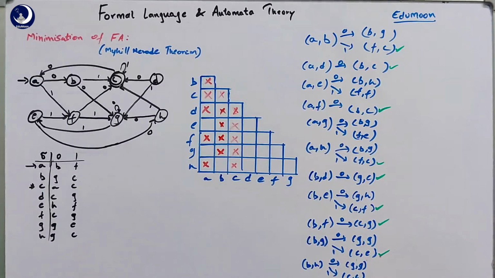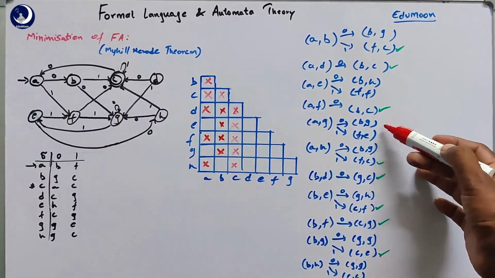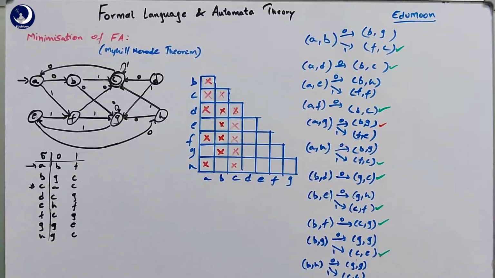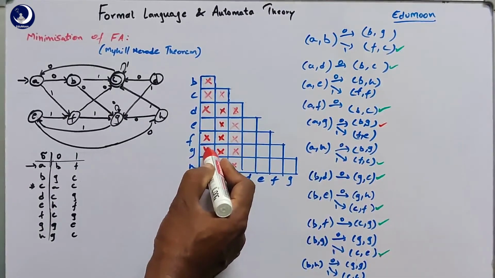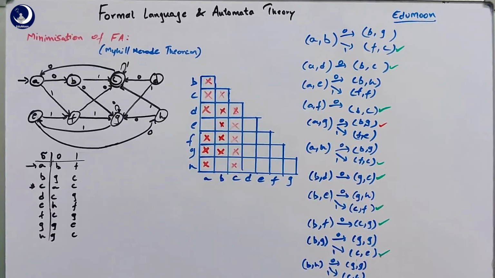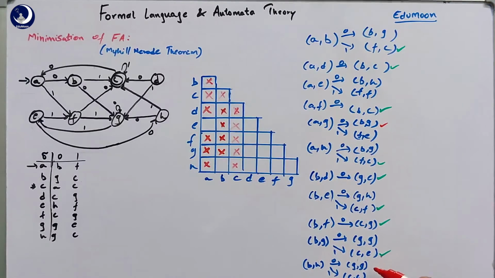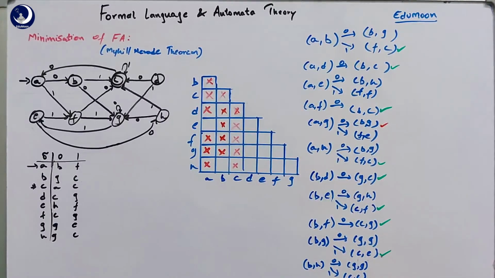Now here you can check that BG is marked. Since BG is marked, we had left AG here, since AG is dependent on BG or FC. Now since BG is marked here, we can mark AG also. We marked AG also, but AE is not marked here because AE is dependent on BH and FF, and BH is also not marked. You can see that BH is generating a combination GG and CC. It is also not marked. So we are not marking AE. So we check the other combinations with D, E and F.